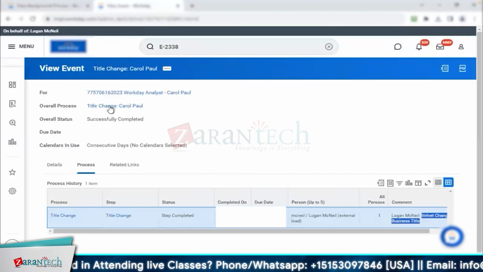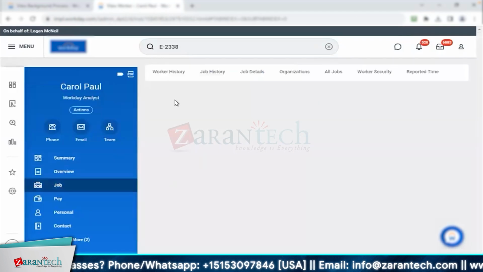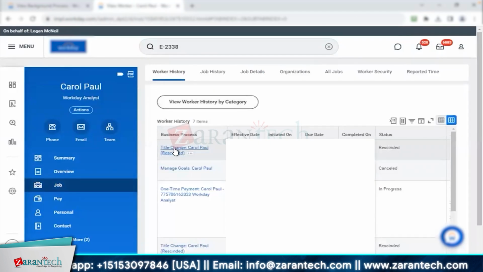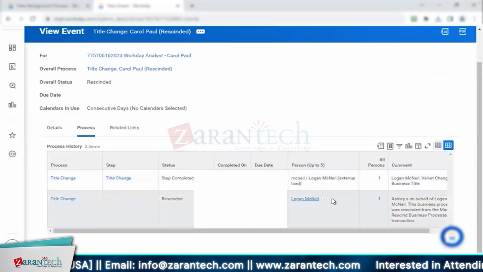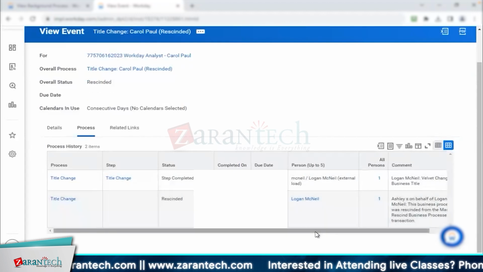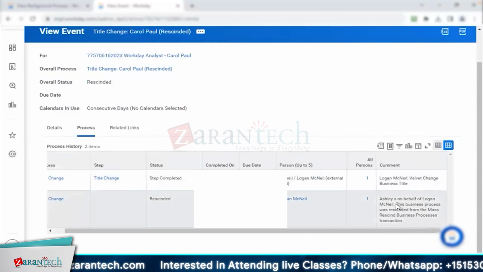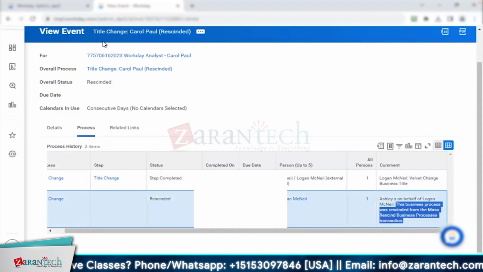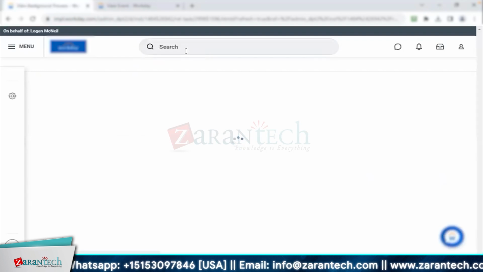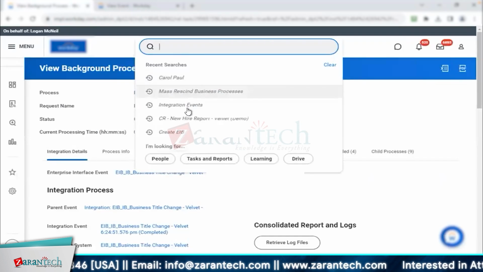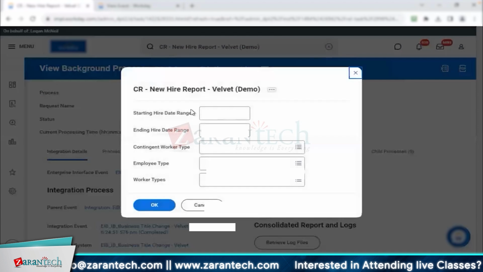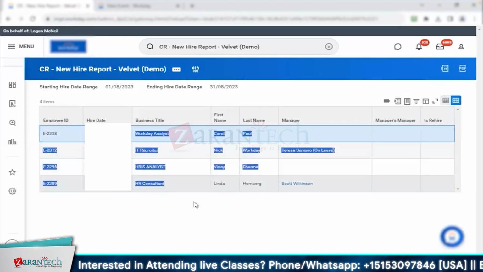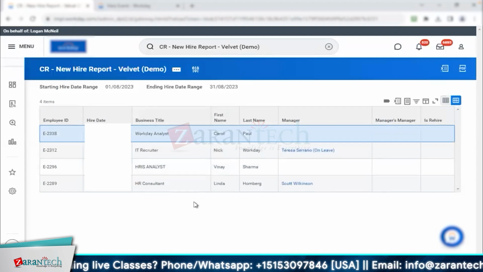So now if I go back to this employee in worker history, you would see the title change was rescinded. It was done here and then it was rescinded. You can see the comment that came automatically. This business process was rescinded from the mass rescind business process. And if I go back running my report again for the date range, though they are back because it's a small data set, but if it's a bigger data set, that is when it's